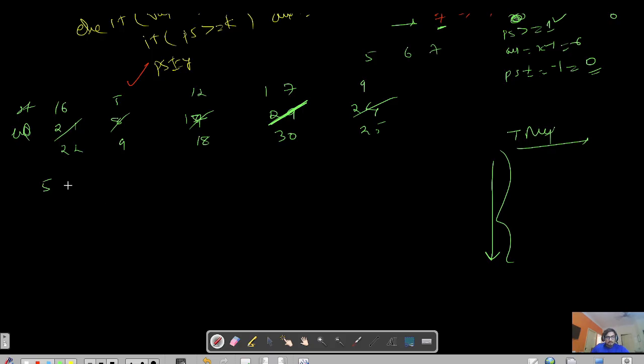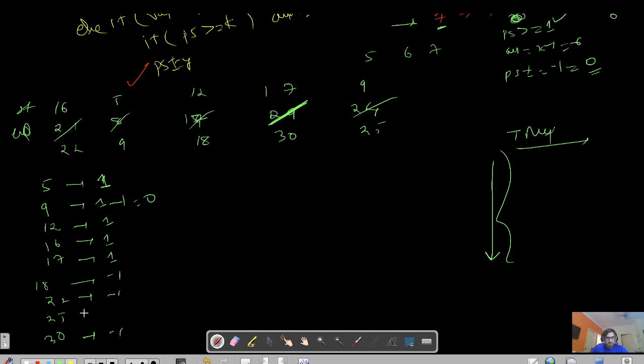तो 5 के लिए मैं डायरेक्ट लिख देता हूँ यार, ठीक है। 5 के लिए इसकी ऑकरेंस 1 हो गई, स्टार्टिंग एंड इंडेक्स स्टार्टिंग, मैं इसको पहले सॉर्टेड फॉर्म में लिख देता हूँ। सो 5 9 12 16 17 18 22 एंड 25 एंड 30, ठीक है। तो तुरंत से कर लेते हैं। सो 16 के लिए क्या हो गया, +1, तो +1। 5 के लिए हो गया +1 ऑलरेडी मेंशन, 12 के लिए भी हो गया +1, 17 के लिए भी हो गया +1 और 9 के लिए भी हो गया +1। नाउ अगेन फॉर 22 वी हैव एज -1 और 9 यहाँ पर है तो अगेन -1 करेंगे। सो 1 - 1 विल गिव यू 0। 18 के लिए हम फिर से लिखेंगे -1, 30 के लिए लिखेंगे हम -1 और 25 के लिए लिखेंगे हम -1।